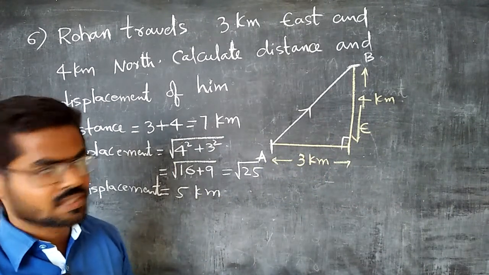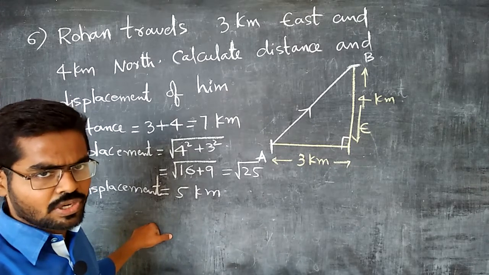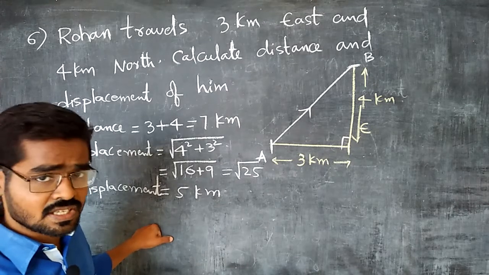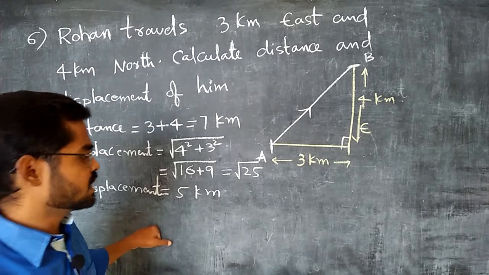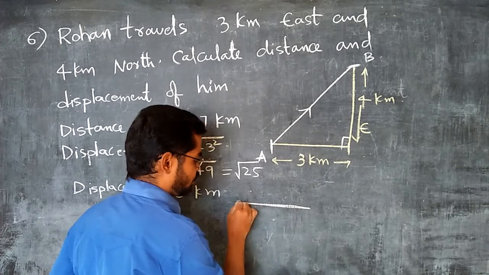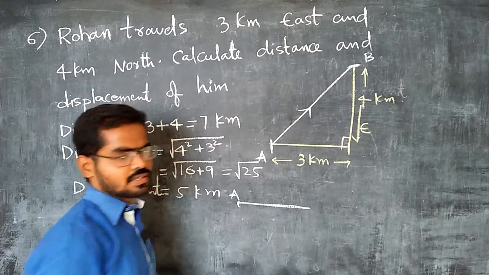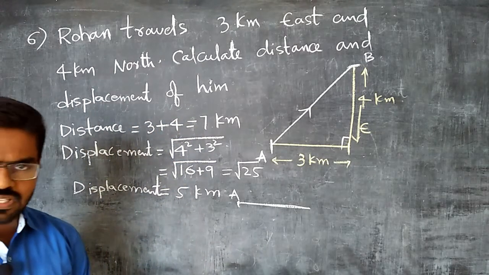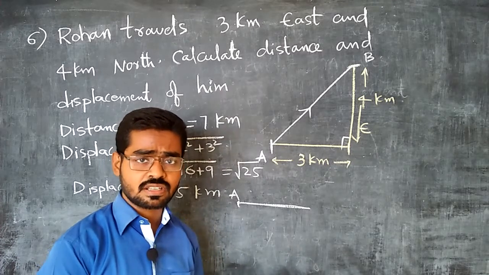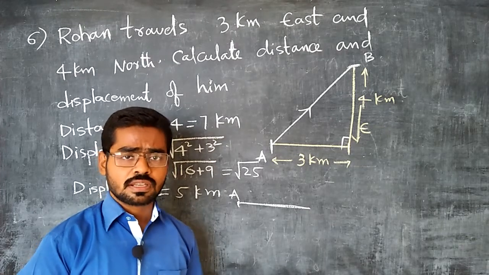And one more thing we have learned in today's video: if the initial point and the final point, that means the starting point and the ending point, are the same, then the displacement is equal to how much? It is equal to 0. The person starts from this point and travels to some other point, and again if he reaches the same point, if the starting point and the ending point are both the same, then displacement is 0. But is distance 0? No, distance is never 0. If a particle has started its journey, its distance is never 0. Displacement can be 0 and it can be negative also.